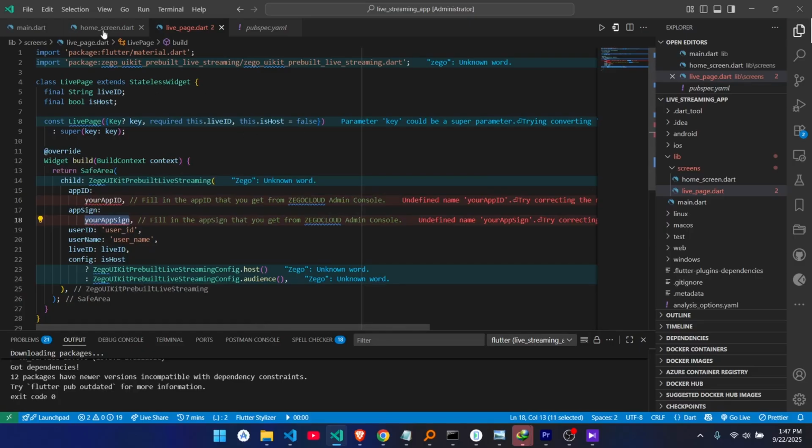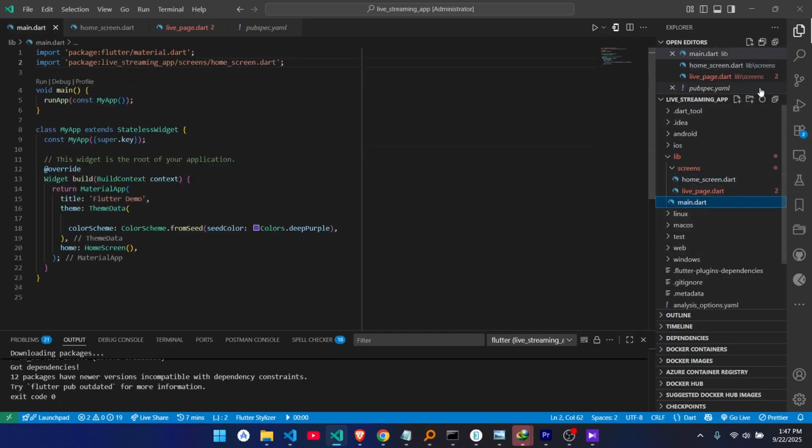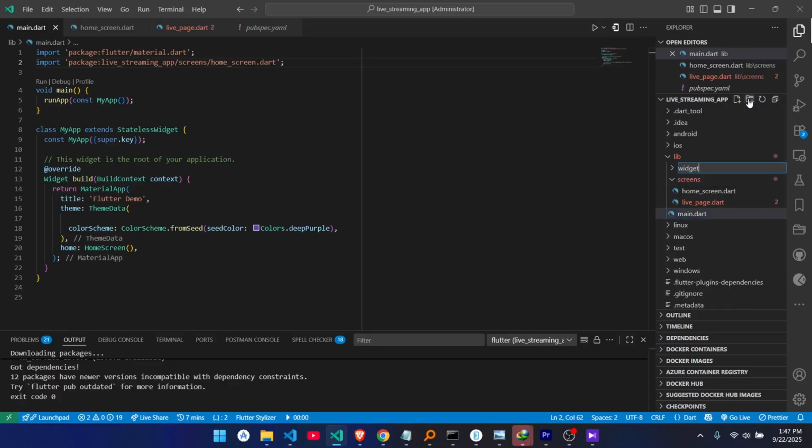So here, let's go to the home screen. So inside the home screen, we're going to have two buttons, right? So we can basically create our own buttons, right? So let's create the button. So we're going to say widgets. So here, we're going to create the button. Then we say widget